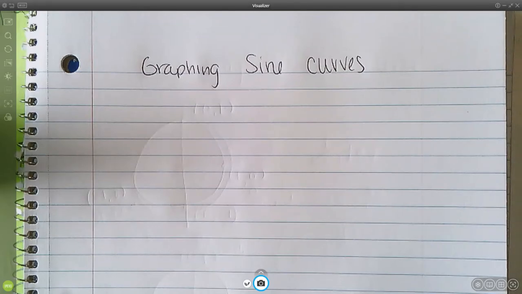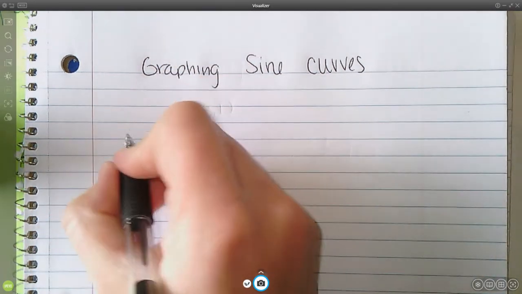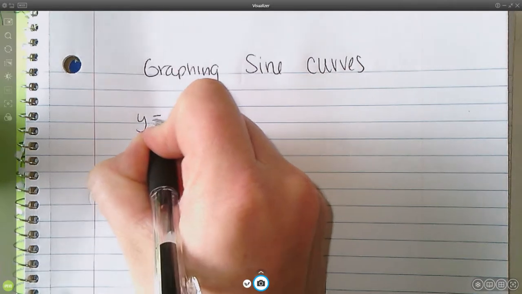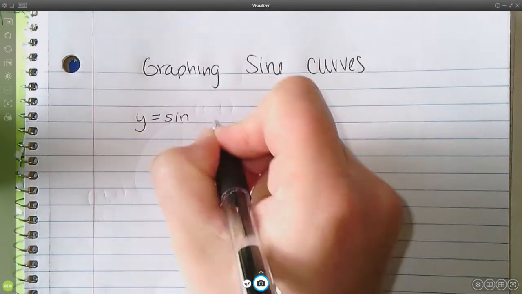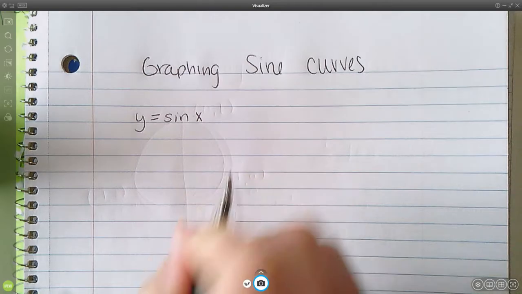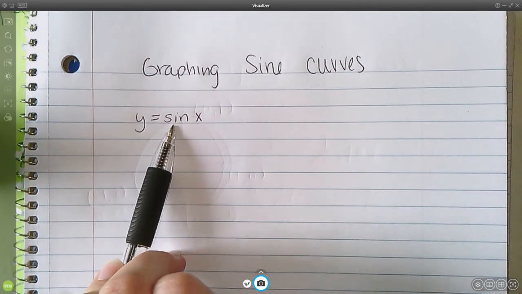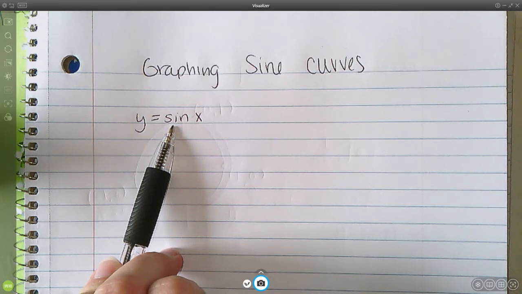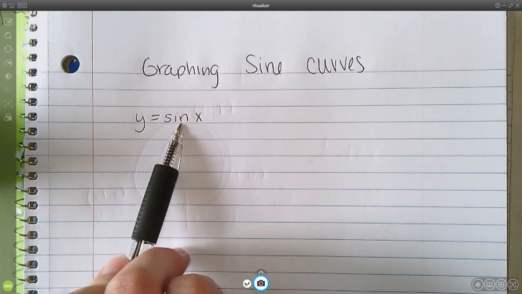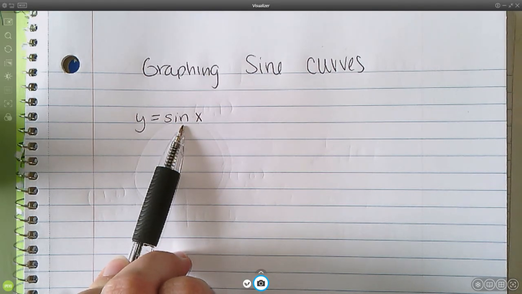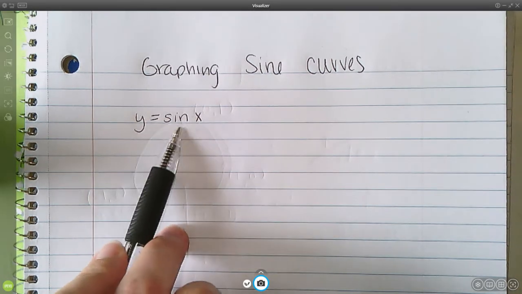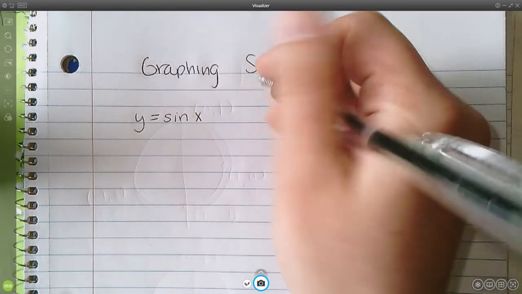Okay, so yesterday we looked at how to graph just a normal sine curve. So let's just refresh our memory a little bit. When you see it written as an equation, you're going to see sine of x. So this is how you actually spell sine. This is a short version of it. Same with cosine. Cosine has the C-O-S-I-N-E, but when you write it here, it's just C-O-S, kind of like on your calculator. Anyway, so we have sine, and then